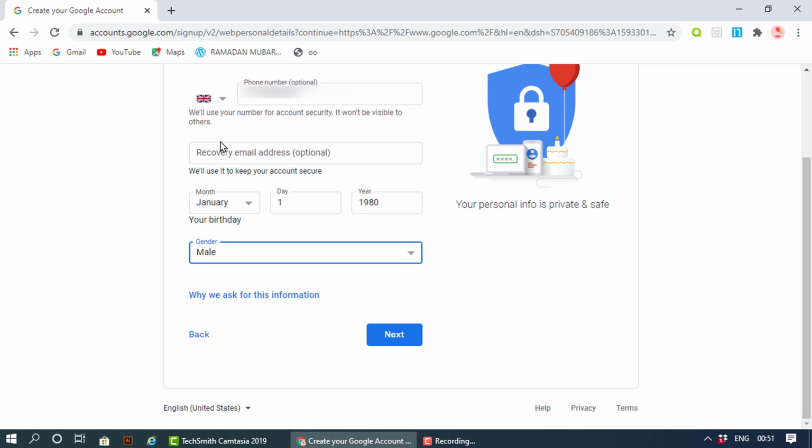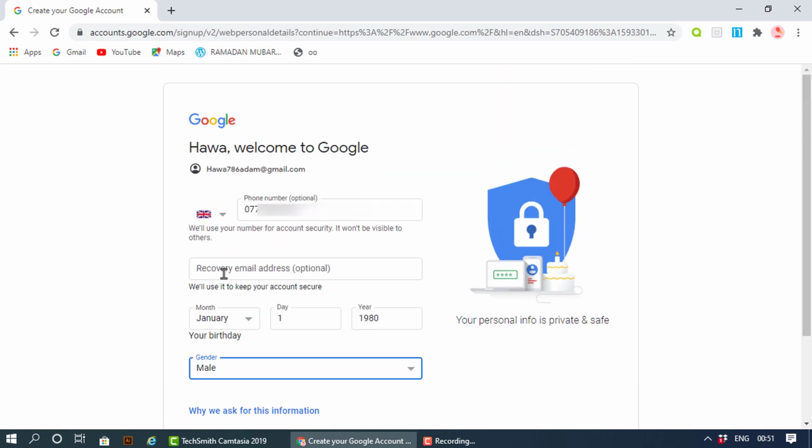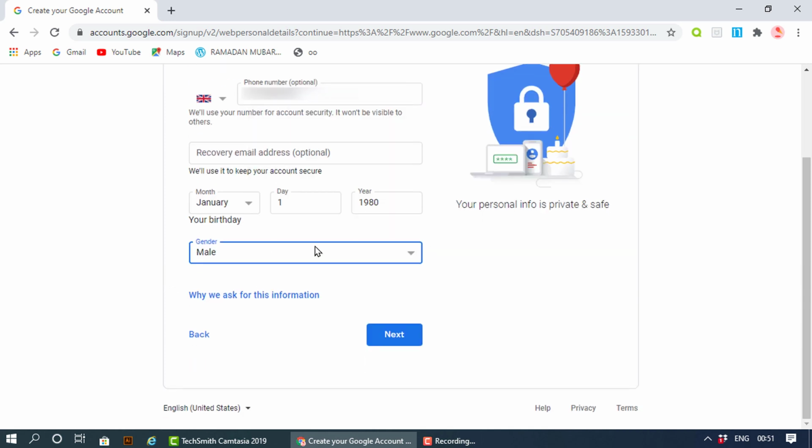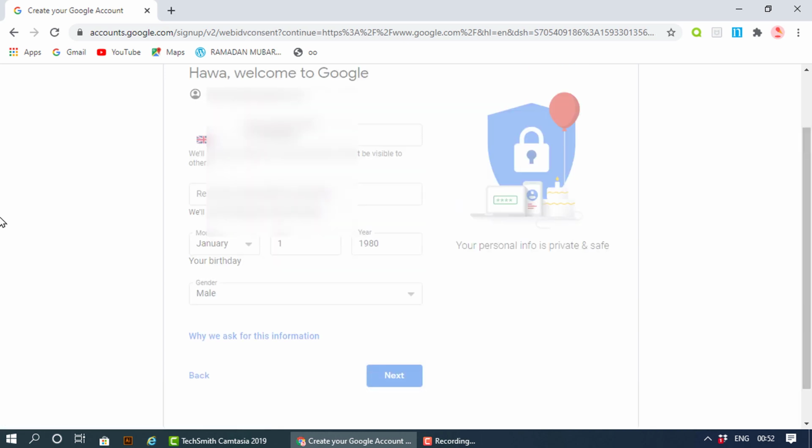Right? And just to let you know, Google will not show your personal information to the public. It says we will use your number for account security. It won't be visible to other people. Same way with other stuff as well, like birthday. They won't show it to people. So you click next,